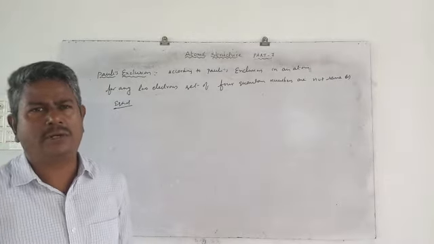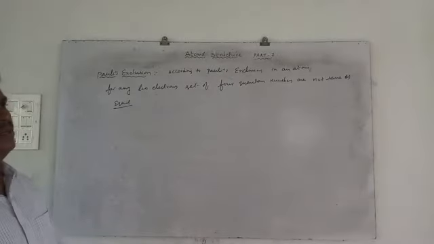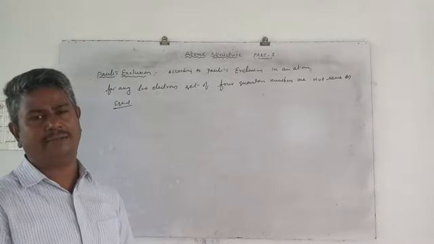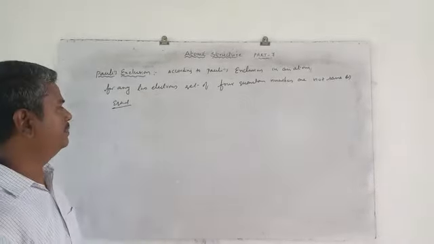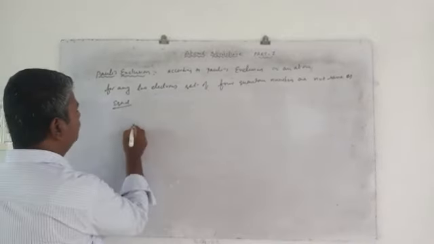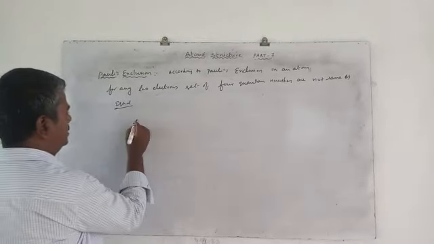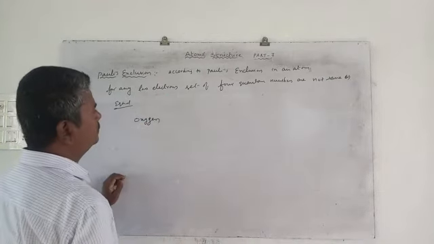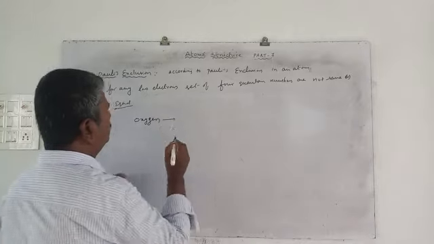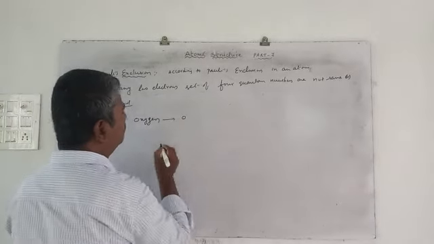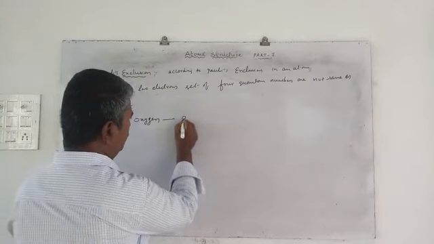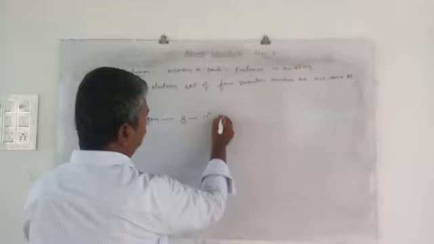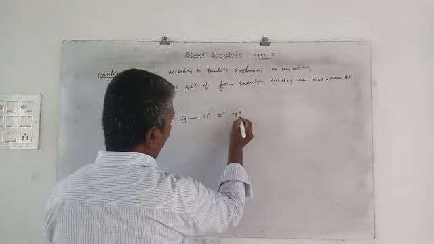So what is the meaning of this? Once we calculate the 4 quantum numbers for any 2 electrons in an atom, they will be different, as will be explained. Okay? For example, if we consider any one atom, for example, oxygen, what is the atomic number here? 8. The electron configuration is 1s2, 2s2, 2p4.